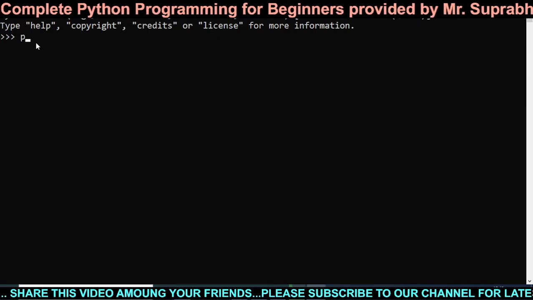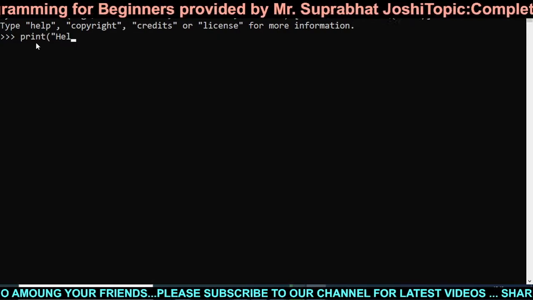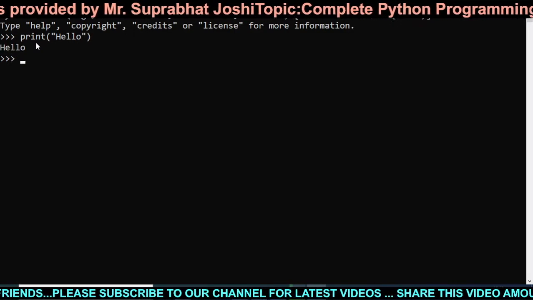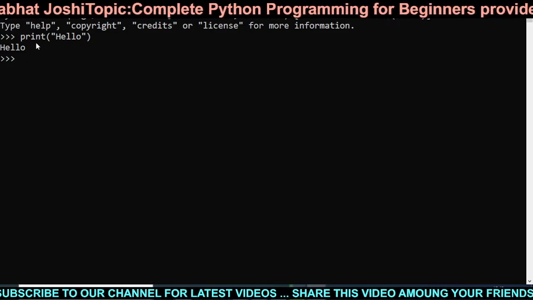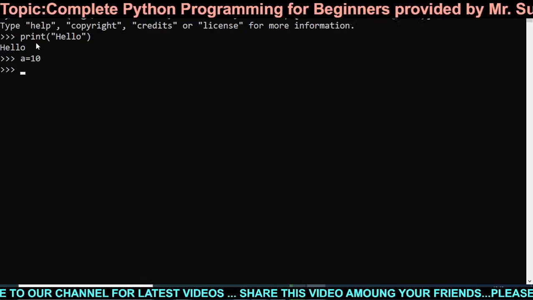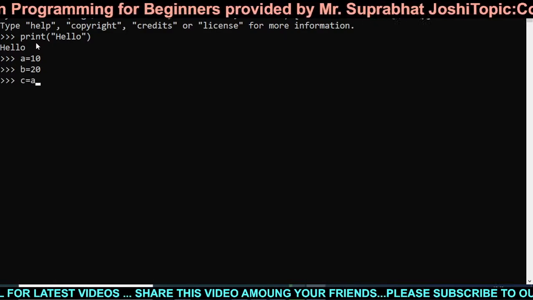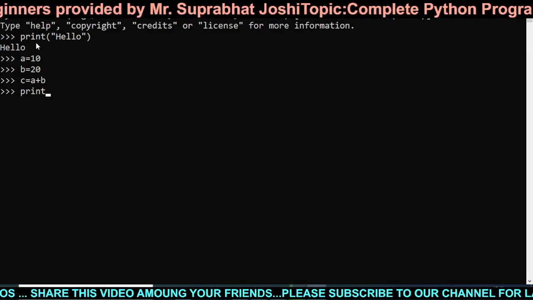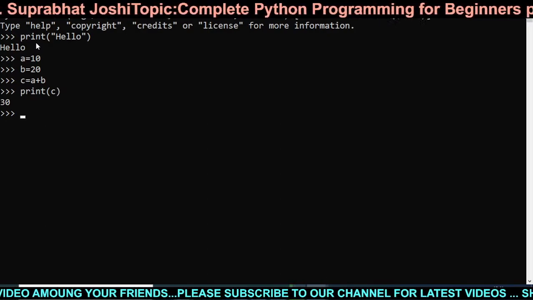Yes, just type print here also, print hello, and you can see this output same as you tried in Jupyter.org. Same, a equals 10, b equals 20, c equals a plus b, print c. Then you can see the output. So this is the shell prompt view.